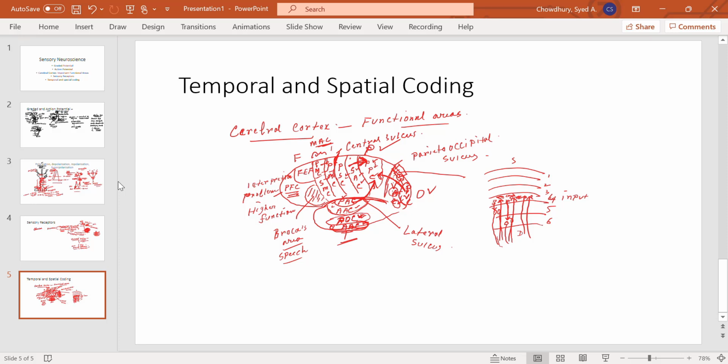So ascending signal will be received by the neurons in layer 4, and from layer 4 the signal will go to the other layers, as well as the output layers 5 and 6 will receive the signal, and the signal will get out. Okay, so 6 layers in the cortex, and